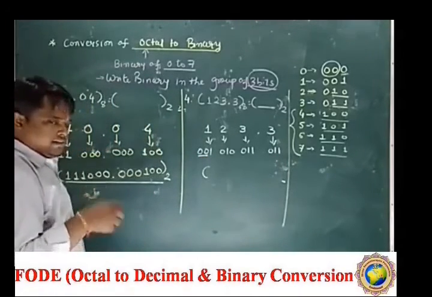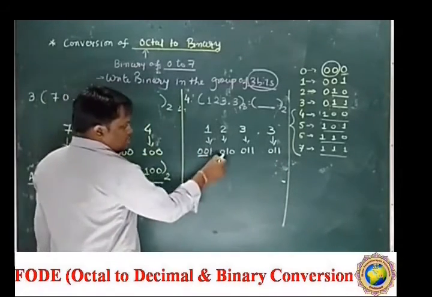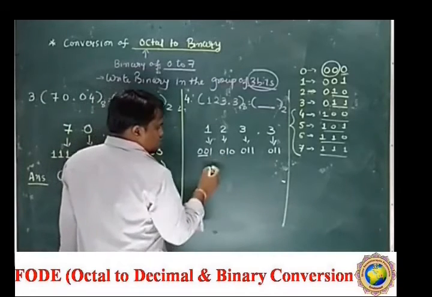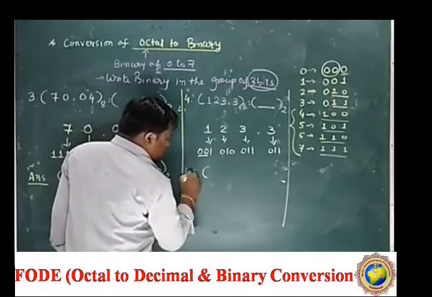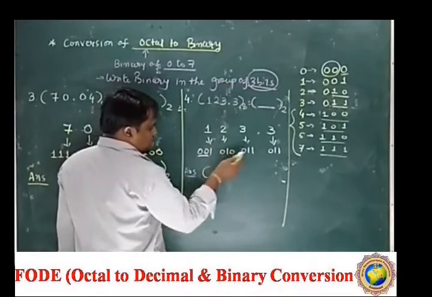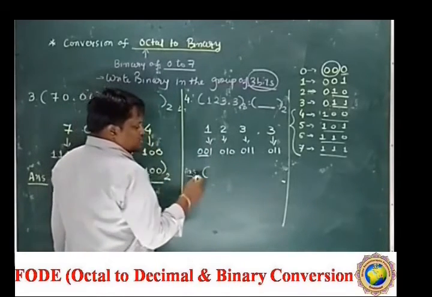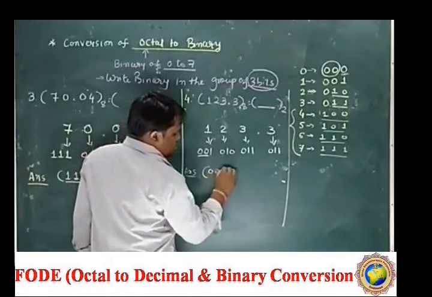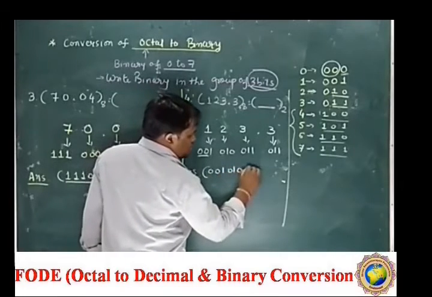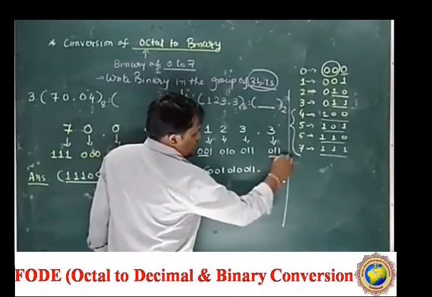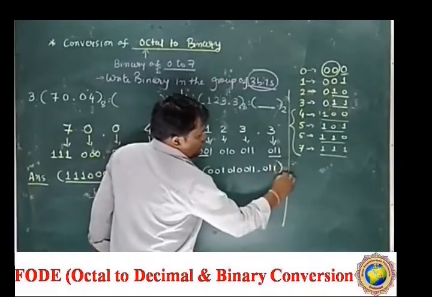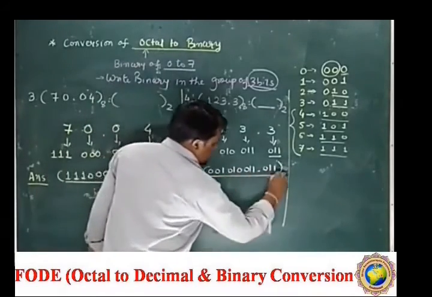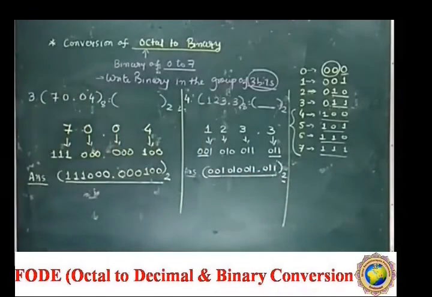Now you can skip writing the first two 0s, and it will be okay. But this 0 you have to write. But with practice, you should write this 0, so there is less chance of mistake. So 0 0 1 0 1 0 0 1 1, point, then 0 1 1. Okay, so this is our answer. In this way, we can convert the given numbers from octal to binary.